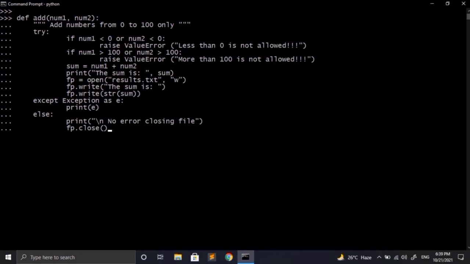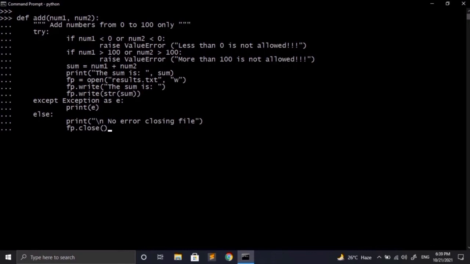But now suppose that we have written our file.close method in the finally block. In that case, if our file was not opened earlier, then it will again create an error for us, because we will be trying to close a file which was never opened. We should only close the file when it was opened.